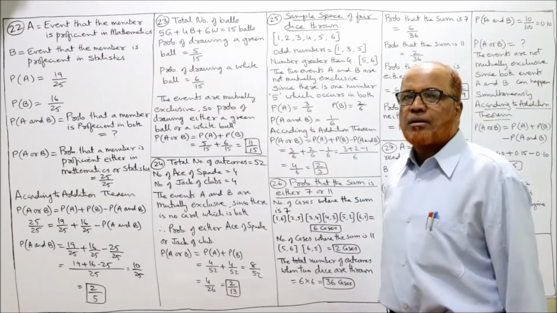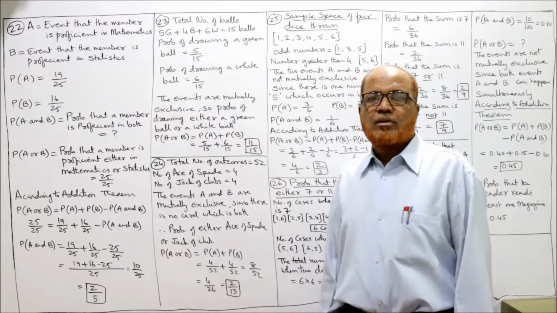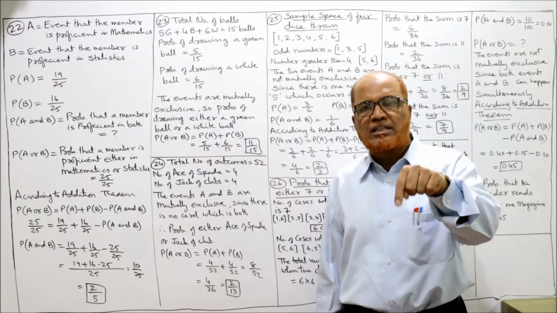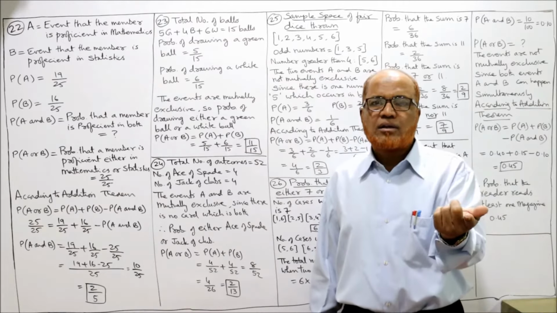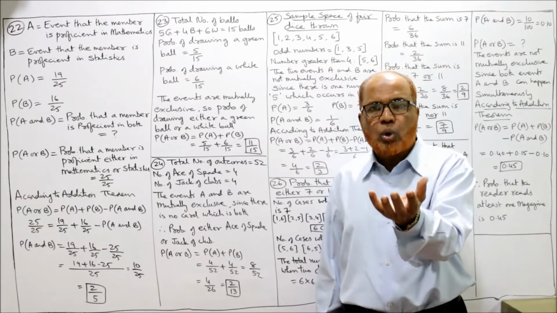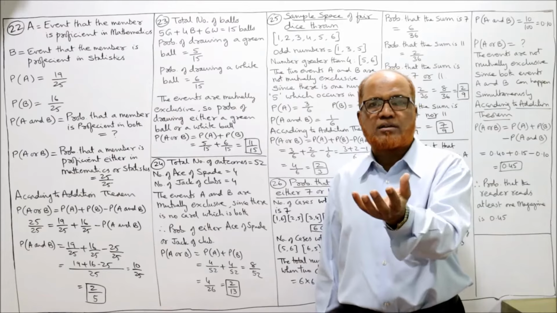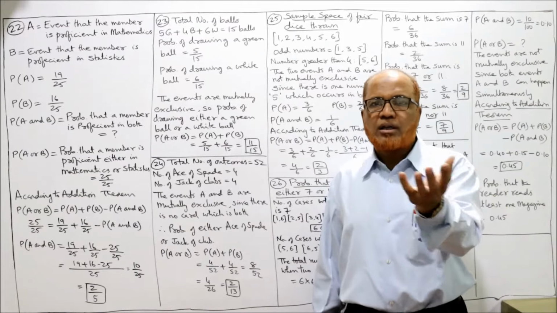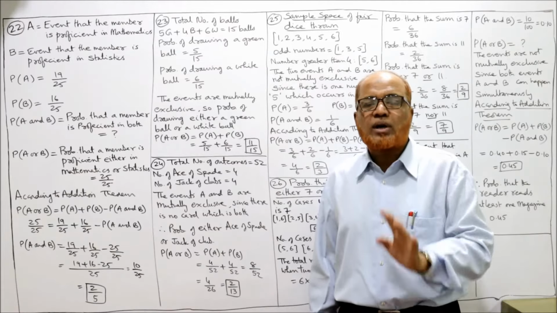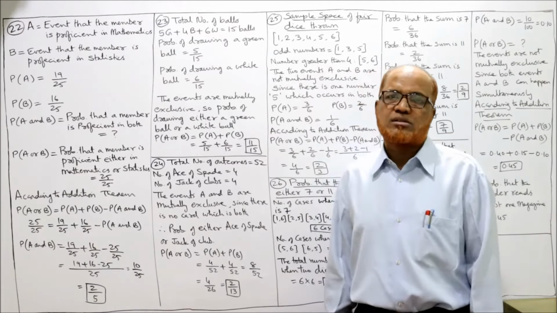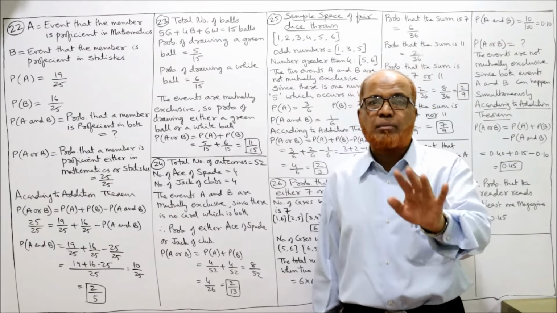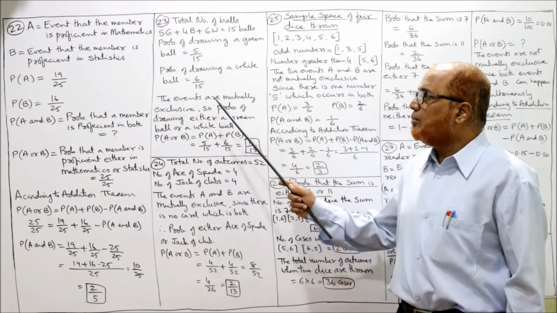Now the events are mutually exclusive. Why the events are mutually exclusive? When the ball is drawn, it may be either green or white. The ball will not have 2 colors. एक ही बॉल के ऊपर 2 कलर्स नहीं हो सकते, ग्रीन और व्हाइट. या तो बॉल ग्रीन होगा या तो बॉल व्हाइट होगा, दो में से कोई एक होगा, दोनों एक साथ नहीं होंगे. तो इसको कहते हैं म्यूचुअली एक्सक्लूसिव इवेंट्स. The ball may be green or it may be white. It will never be both. The events are mutually exclusive.